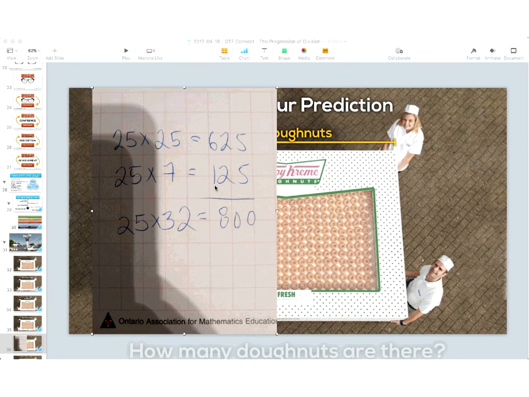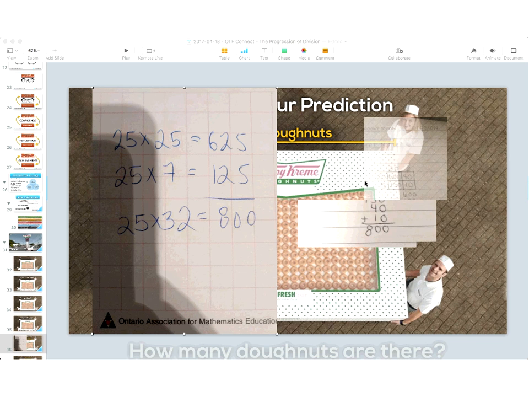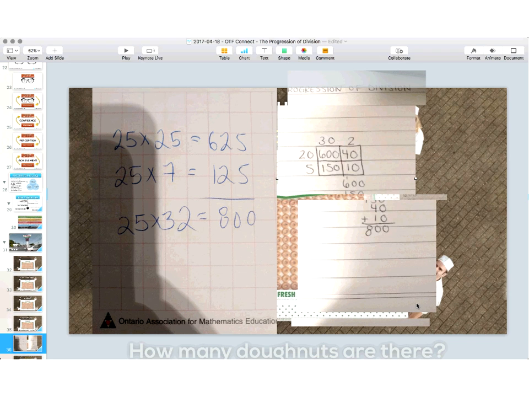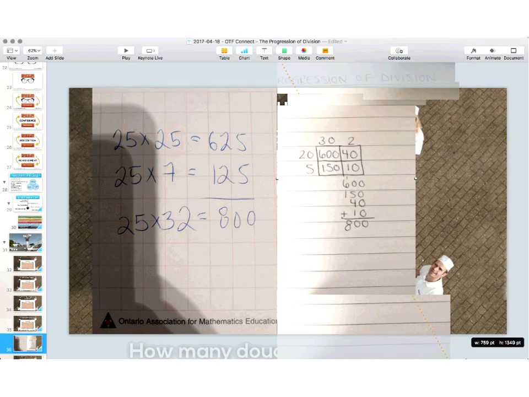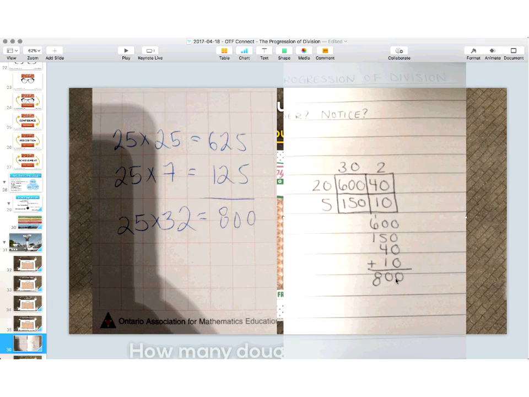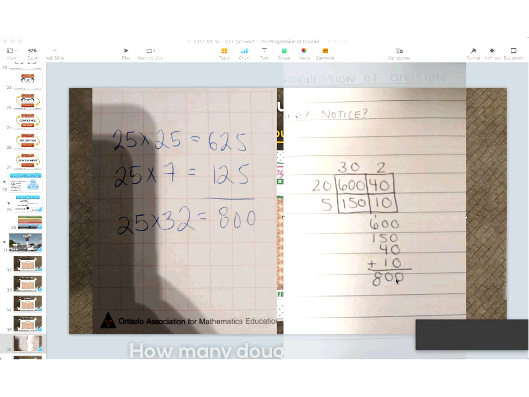Awesome strategy here. Looks like friendly numbers being 25, which is really cool. Here's another interesting strategy I see. I'm just going to make that a little larger as well. So here's a really cool one as well, doing a lot like what I believe Christine had done in the chat window, by breaking it up into 25 into 20 and 5 and 32 into 30 plus 2, and then using an open area model in order to find the solution there as well.